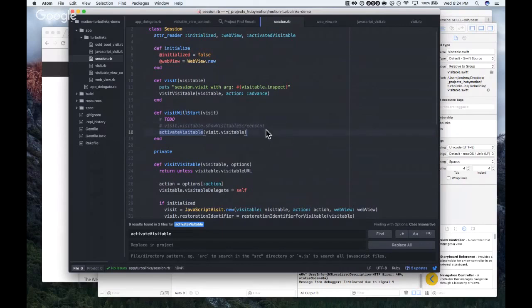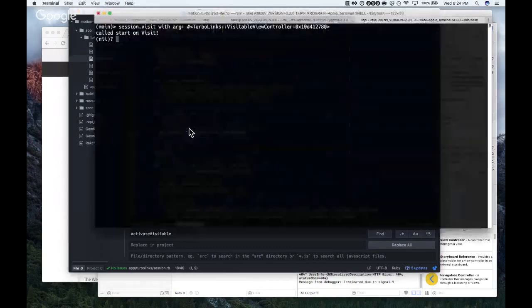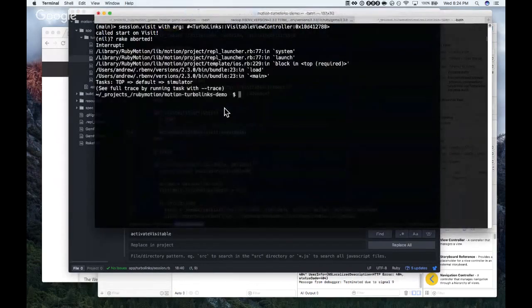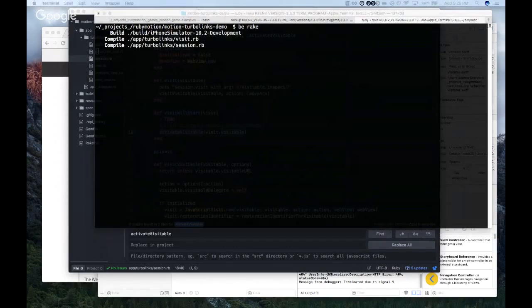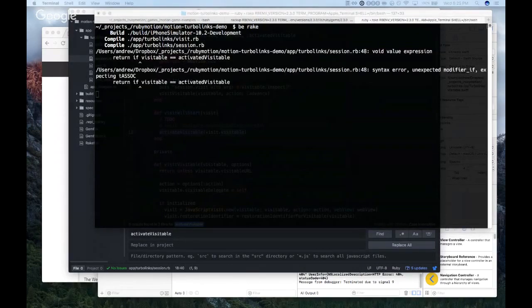Okay. I'm guessing that that's some kind of a caching thing that we can implement to make it look faster by displaying a screenshot while it's actually loading the web page. Okay. Let's just see what happens when we run it. I'm not sure where we are anymore. No, I was going to suggest let's give it a go and see if it compiles.